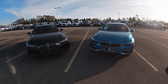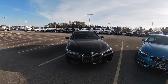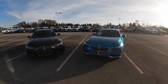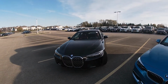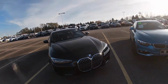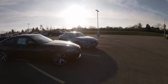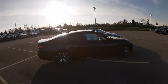So if you ask me what's the difference between the current generation of BMW with this large grille and the previous generation, I'll tell you, everything changed in the new BMW 4 Series, and it's a new front grille. Obviously, it's how the car looks from the side. It's longer, it's wider than the previous generation. Now it almost looks like an 8 Series because they cut a little bit of a roof in the 4 Series,